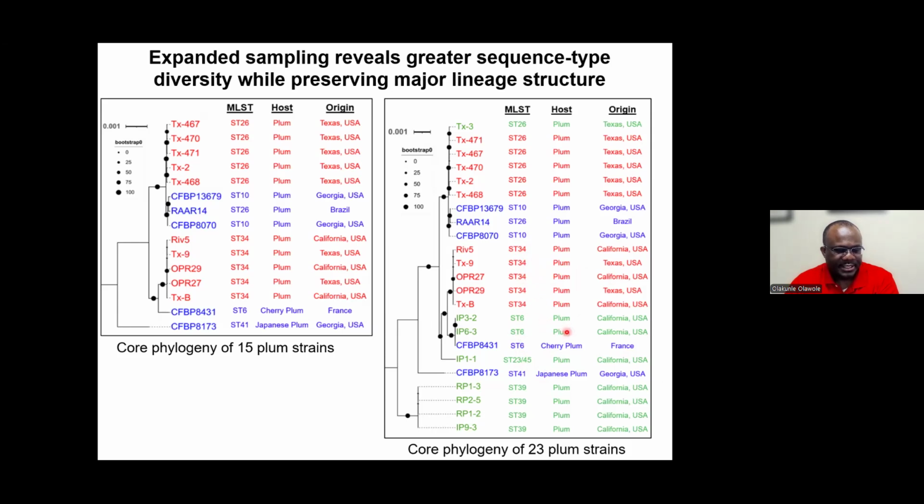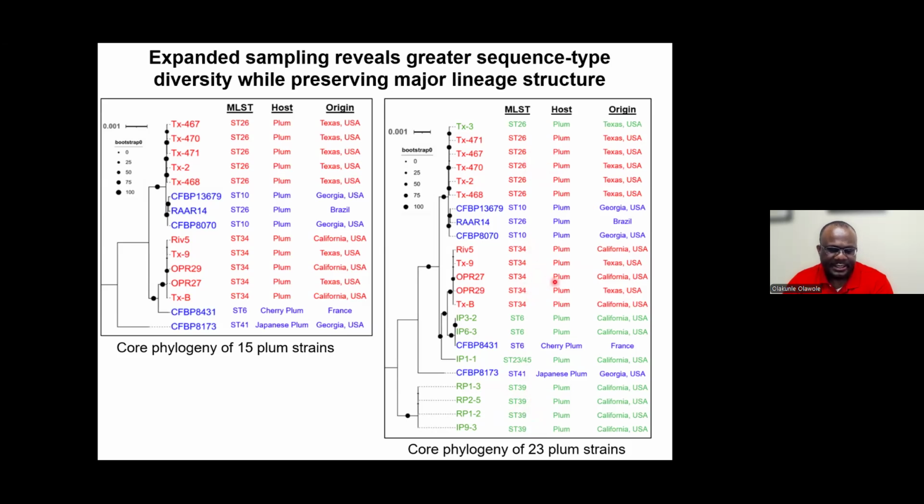But now with additional California strains, we're able to identify strains that clustered with ST6, another one that clustered with ST23/45, and 4 other strains that clustered with ST39. And of course, the ST26 and the ST34